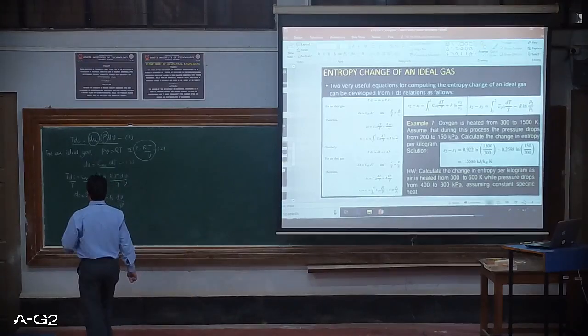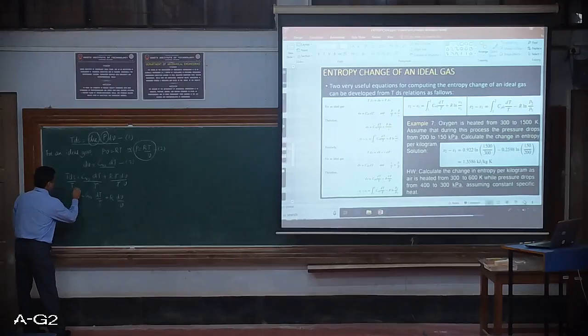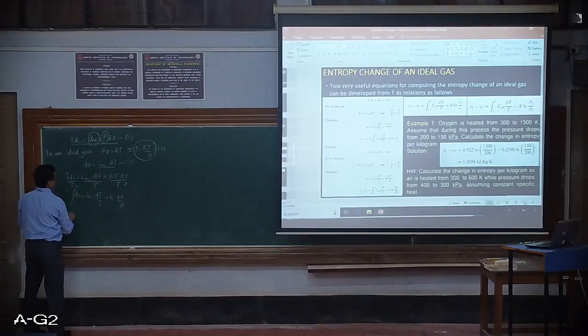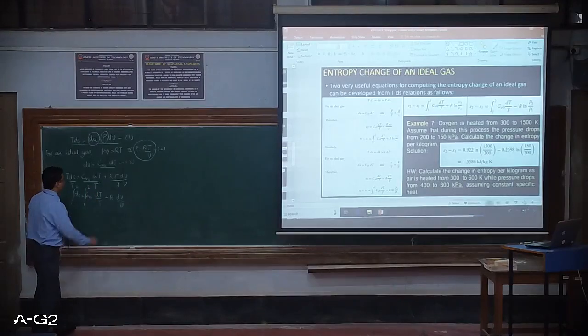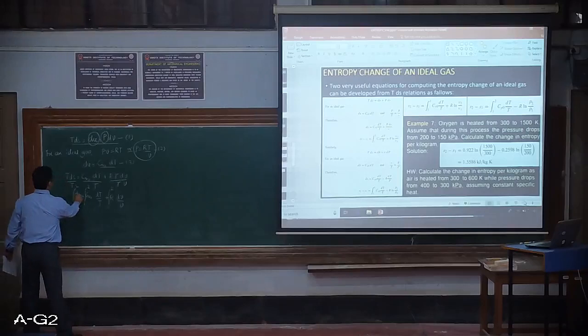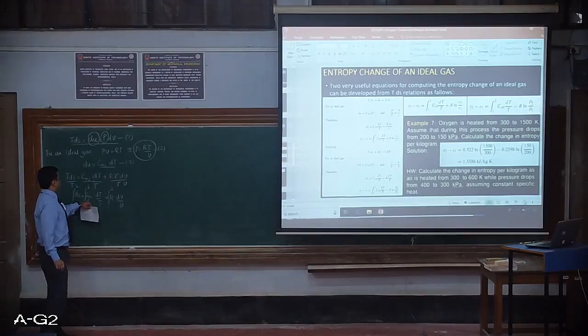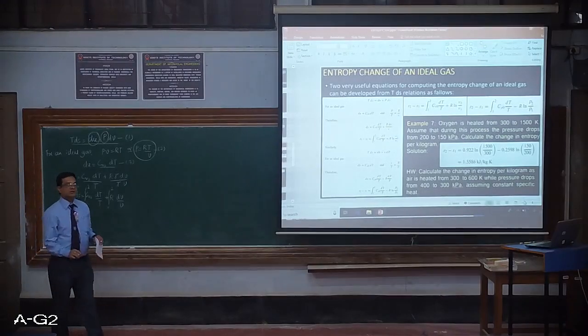So therefore, integrating the above equation we get... Okay. So what I'll be doing here is integrating this from state 1 to 2. This also I'll be integrating from state 1 to 2, and this also from state 1 to 2. So the entropy change S2 minus S1 is equal to,